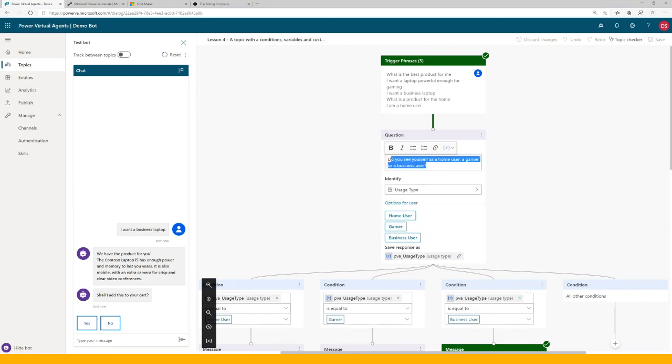Do you see yourself as a home user, a gamer, or a business user? It identifies this as a usage type, and then people have some options they can choose from, and a response where the response is saved to. Now, if we click on this option part, we have the skip question. Skip question means that if it's already found in the trigger phrase, it will not ask it